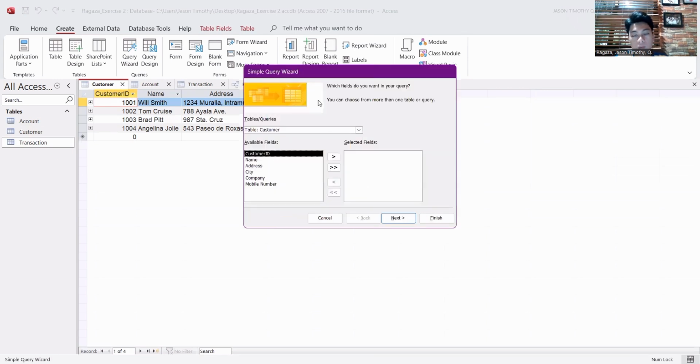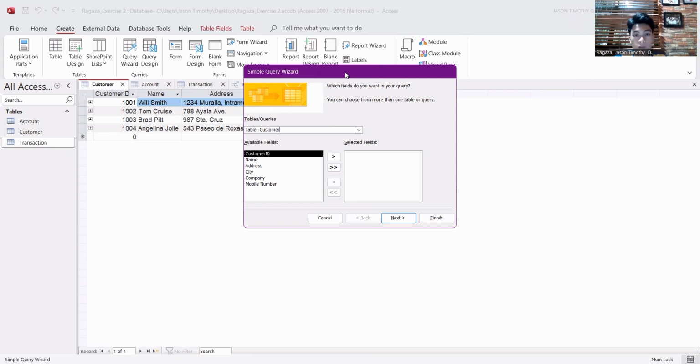Then we are presented with various options, such as the tables, in which we can select which specific table we are going to process, the available fields of that table, and also the selected fields.